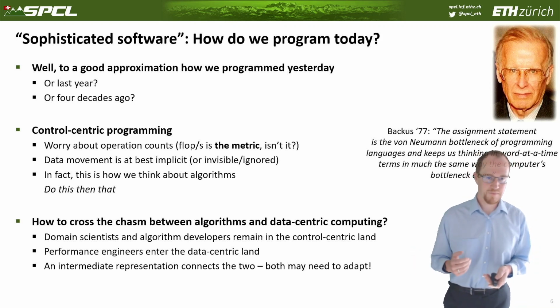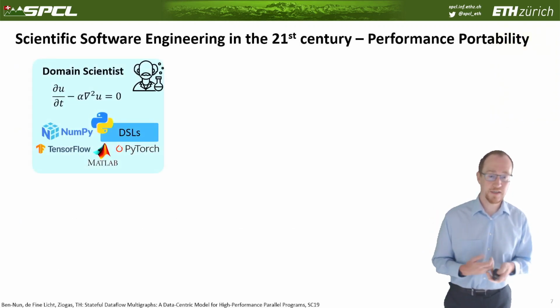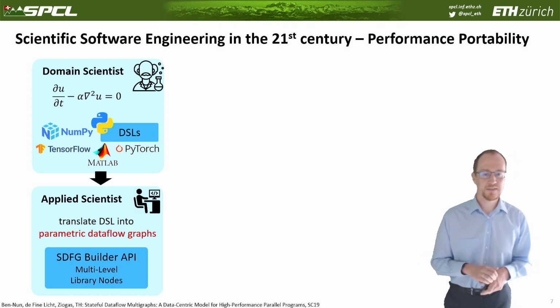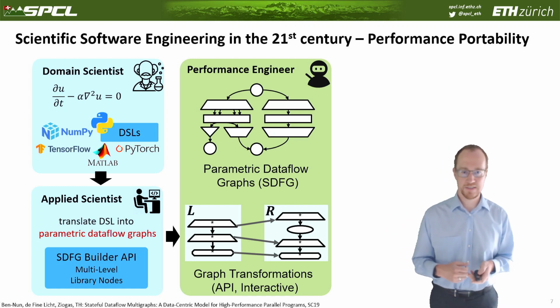So we really have both adapt to find a common ground in an intermediate representation. And this is what we propose with the DaCe framework, or with the general DaCe idea, where we have a domain scientist. The domain scientist works in his or her land, really with equations and NumPy and high-level DSLs like TensorFlow, PyTorch, and MATLAB, and then works with an applied scientist that translates these output languages into what we call stateful data flow graphs, or parametric data flow graphs, which is really an internal representation that is amenable to performance engineers,